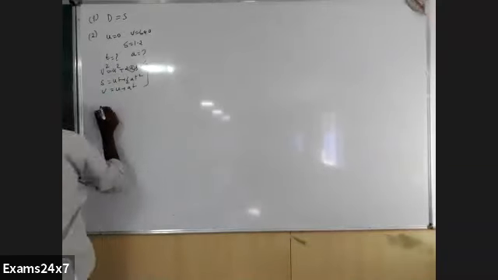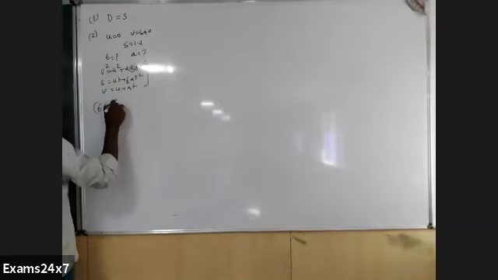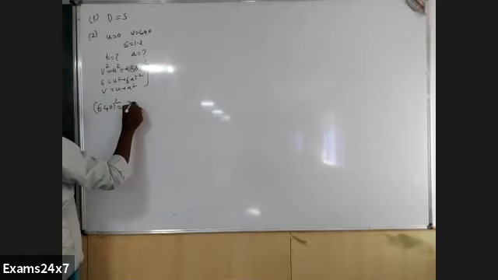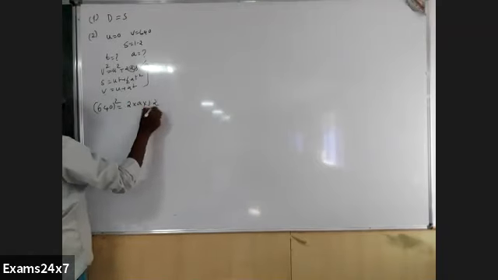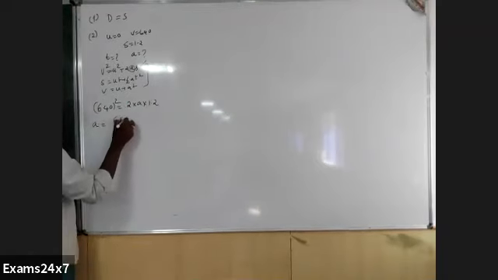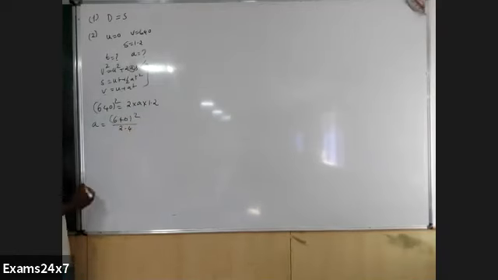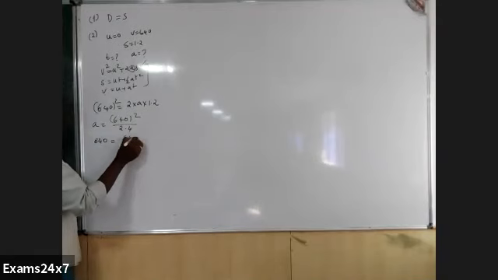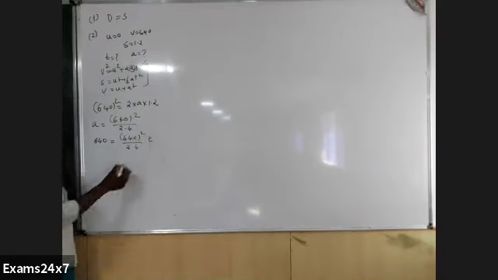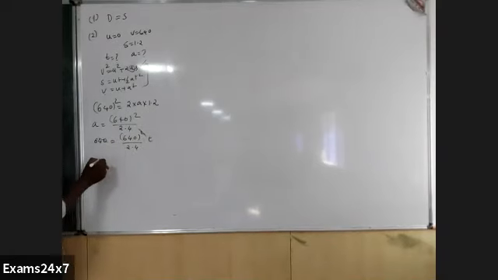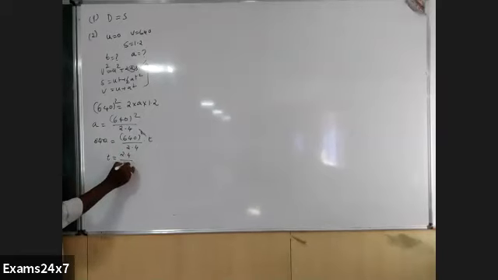So first find out A. 640 square is equal to 0 plus 2 into A into 1.2. So acceleration is 640 square by 2 into 1.2, that is 2.4. Now substitute that in this equation. 640, V, is equal to U, 0, plus 640 square by 2.4, acceleration A, into T. 640 cancels. T is equal to 2.4 by 640.